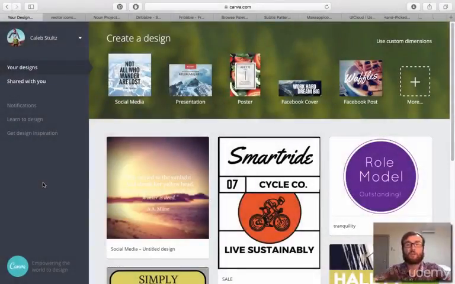In this lecture, I'm going to show you some amazing free resources for graphic design elements like icons and photos, as well as some other tools that will help with the overall graphic design process. So let's get into it. The first tool I want to show you is called